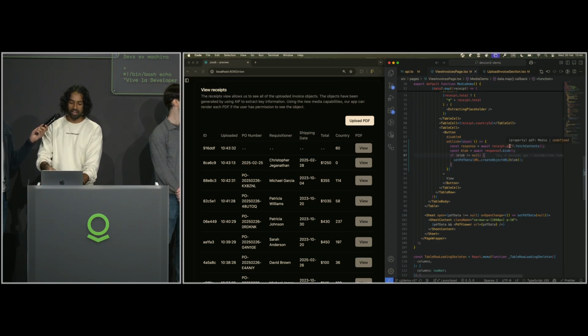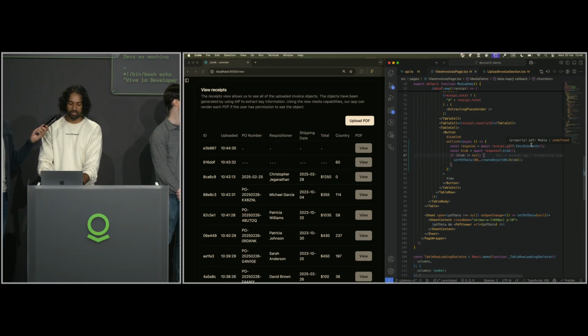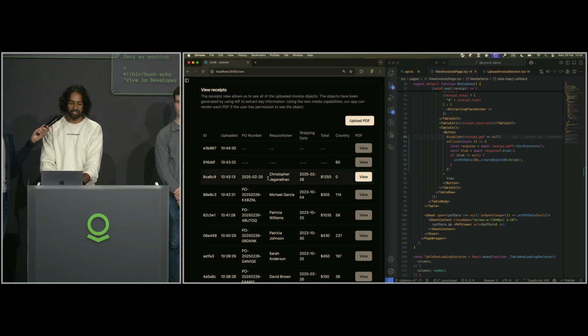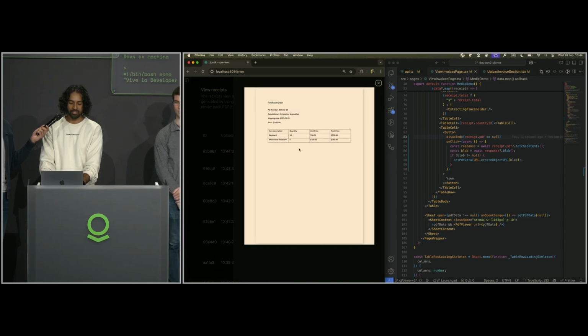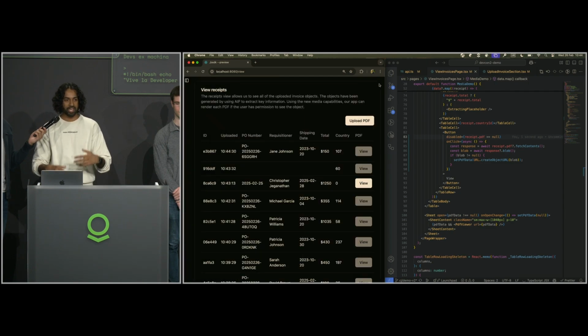So I've taken this PDF and I've called fetch content. We're going to await the blob and then create an object URL here. I just need this disable to work as well. So receipt.pdf equals null. We can see that's the PDF I uploaded. We can see that my automate has taken those fields. And if you have your magnifying glass out, you can probably see that I have a purchase order on the screen. So that was 4 lines of code, and we've managed to start representing these things in our media sets